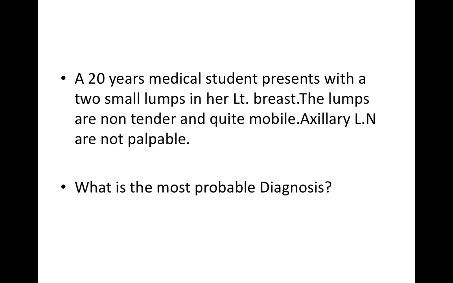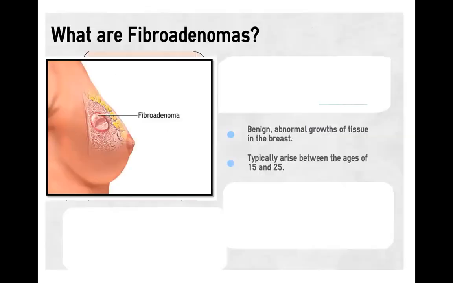We take another scenario. A 20 years medical student presents with 2 small lumps in her left breast. The lumps are non-tender and quite mobile. Axillary lymph nodes are not palpable. What is the most probable diagnosis? Our diagnosis is fibroadenoma,